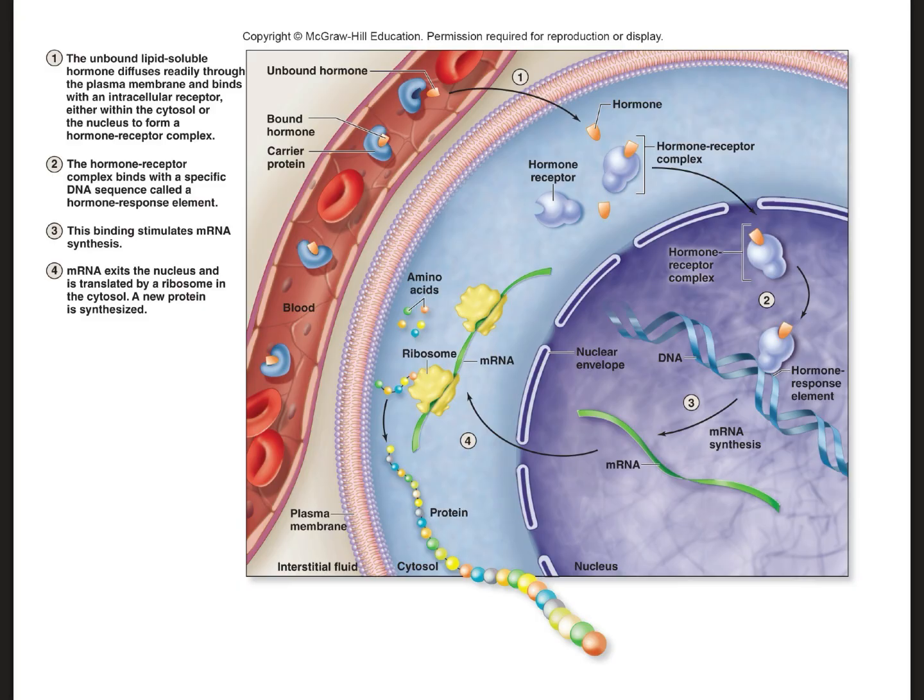Okay? Questions on this mechanism of action. This is what we call the classical steroid hormone response. There's been plenty of research now that shows that there are actually membrane-bound receptors for steroid hormones as well, but they work in a different way. It's not the classical pathway. How is this going to be different from a water-soluble hormone?